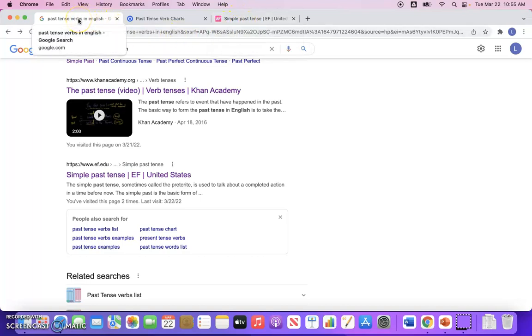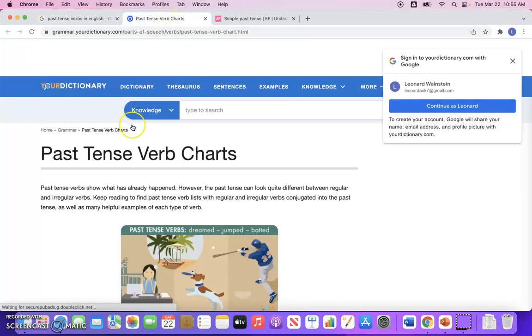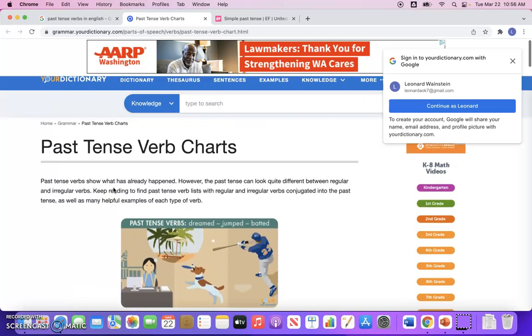These are called tabs, right? So we have 3 tabs open right now, and it just means there are 3 web pages open at the same time. So this is the search page, but if we want to look at the past tense chart, you can click this tab, and you'll notice here's this web page.